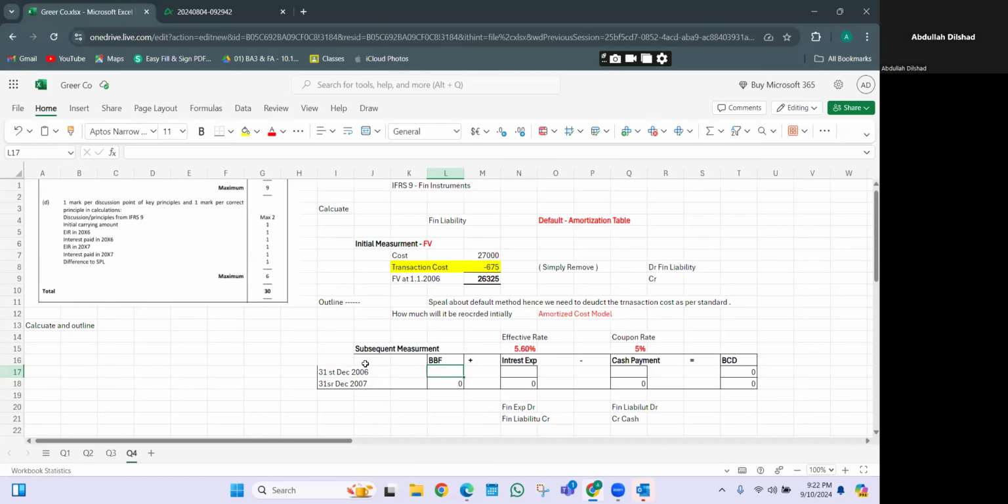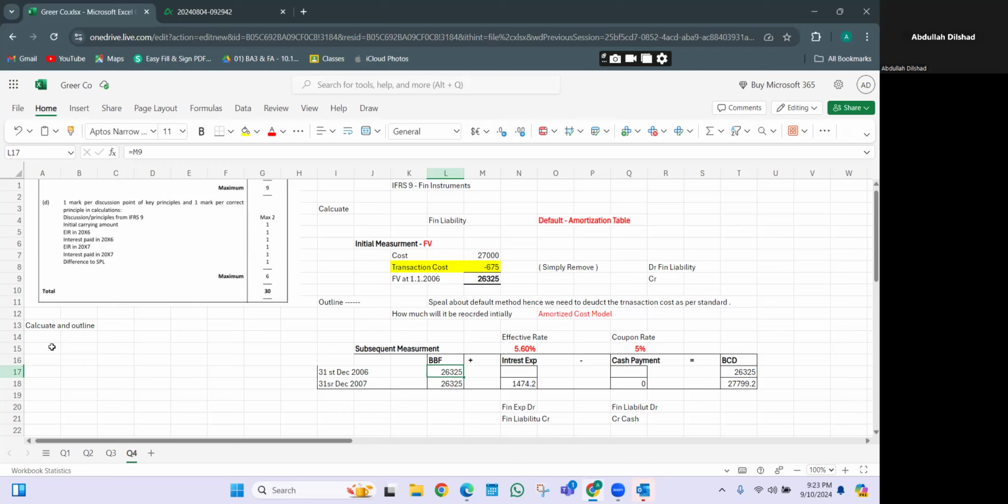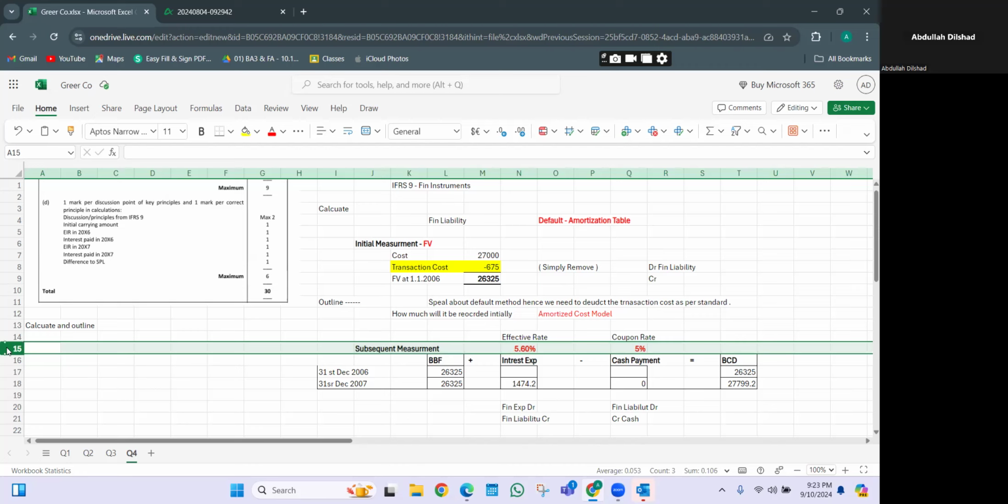So for the first financial year, which would be 31st December 2006, automatically 26,325 would be the balance brought forward, right? And another point that you all could discuss in terms of answering or outlining is